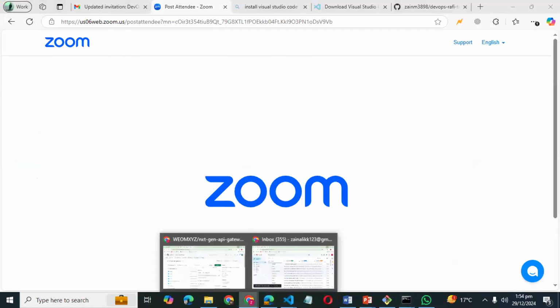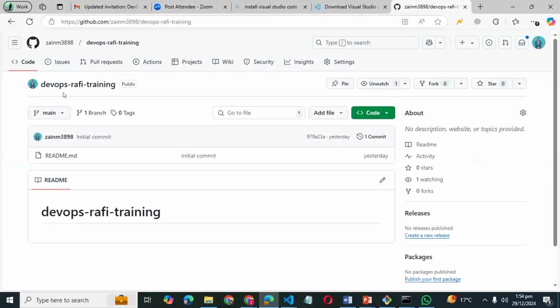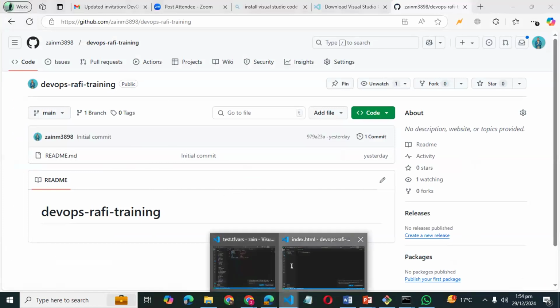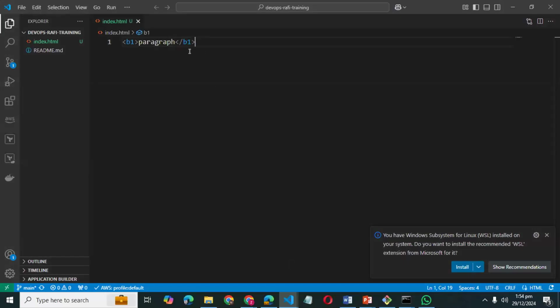Let's suppose I am going to my repository with the name of DevOps Rafi training. So currently this file is not located here, right? Now I want to push this file into that repository too, then how can I do it? From local to cloud or web.